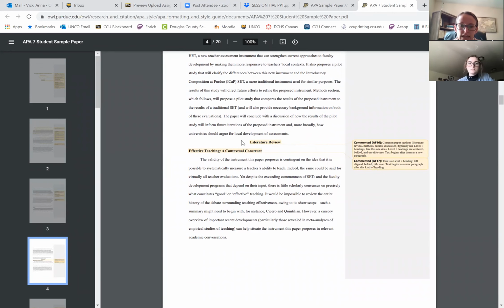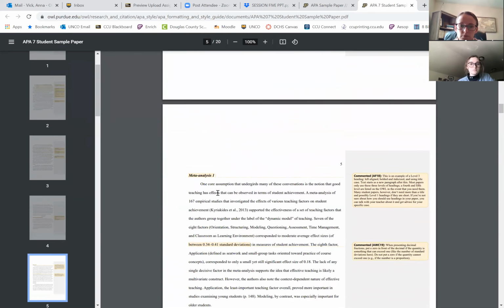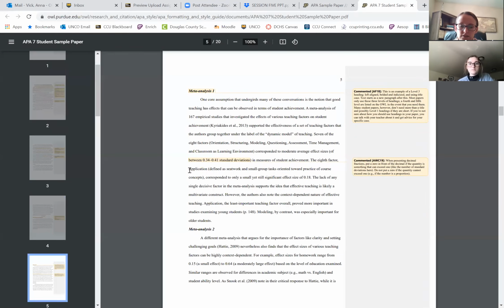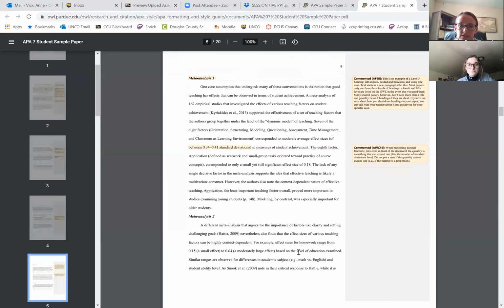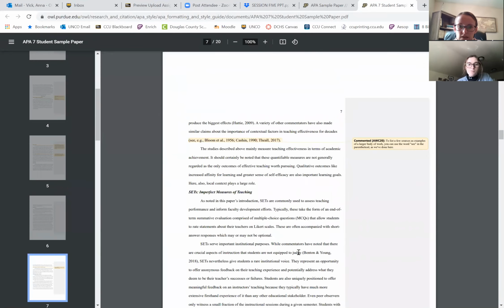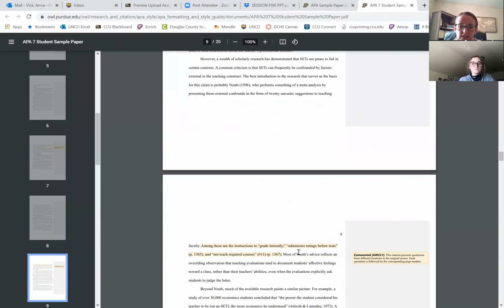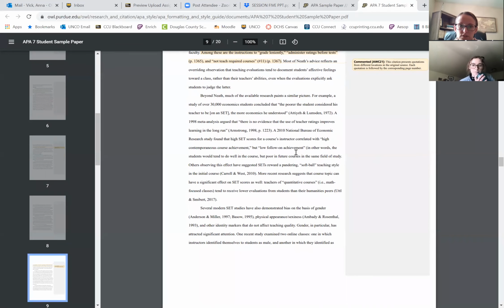Here's another central heading and then a heading on the left-hand side to break down the literature review into smaller components. And the headings, you can see here are some others, can be a really effective way to organize your paper. So I'm just going to keep scrolling. You'll see more headings here. And headings can be based on prompt points or rubric points.